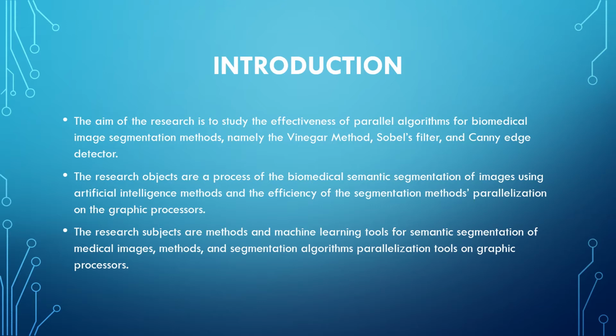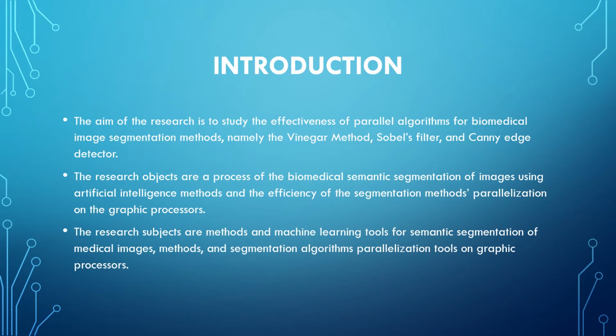The research objects are a process of the biomedical semantic segmentation of images using artificial intelligence methods and the efficiency of the segmentation methods parallelization on the graphic processors. The research subjects are methods and machine learning tools for semantic segmentation of medical images methods and segmentation algorithm parallelization